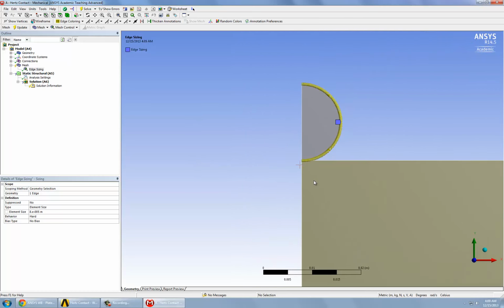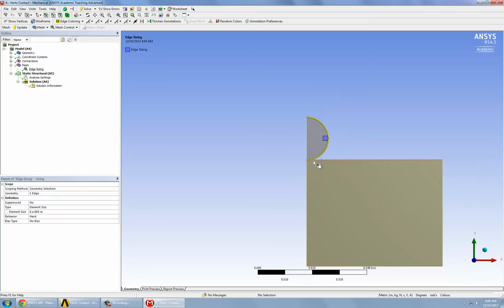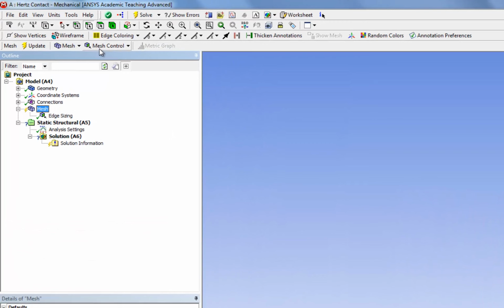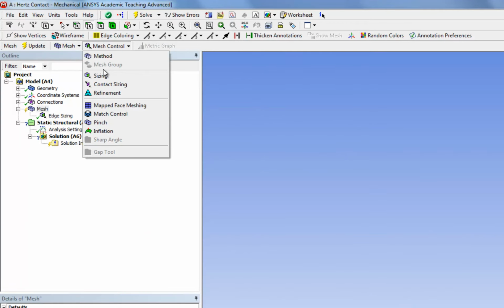And we're also going to mesh our rigid plate. However, since this is a rigid body, we're not really interested in this plate. So we're just going to create one giant mesh. To do this, we highlight on mesh, and then under mesh control again, we do